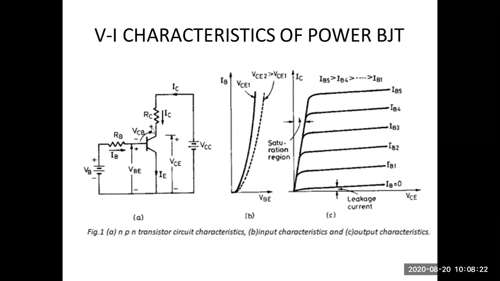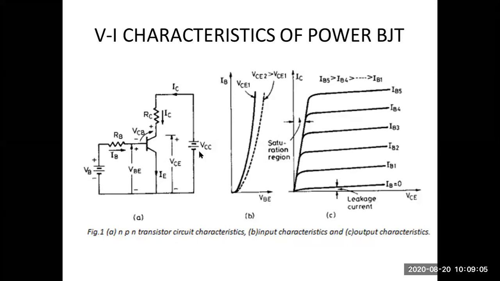Like we have discussed in the diode part, we have to draw the input characteristics and output characteristics. Input characteristics in the sense, what are the input terminals? As we discussed, the input is between VBE and IB, voltage and current. So we want to draw the VI characteristics. Which voltage? The voltage across base and emitter, VB. And the current through the input terminals, IB, is the input current.